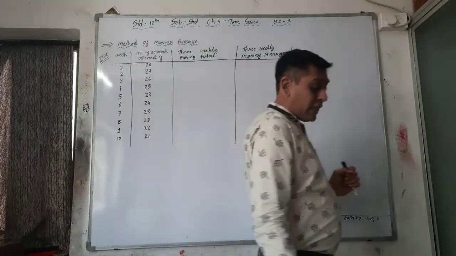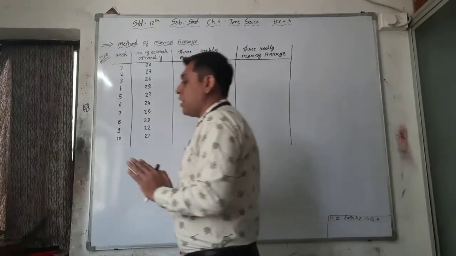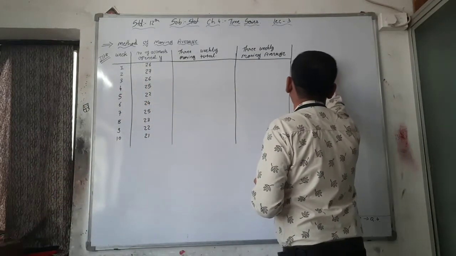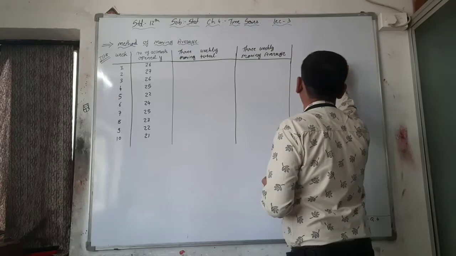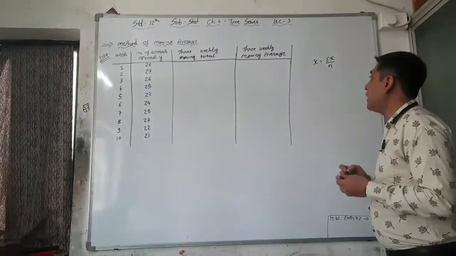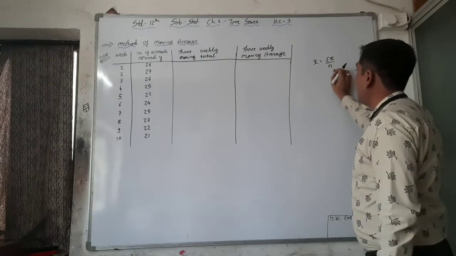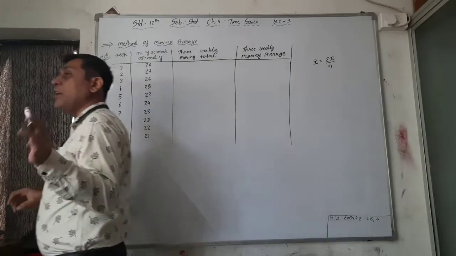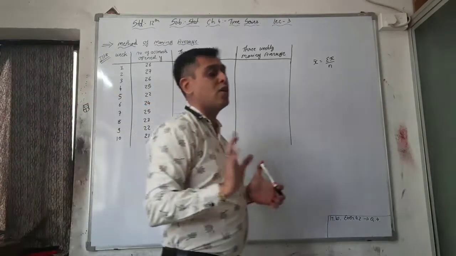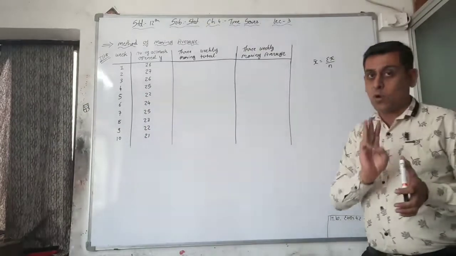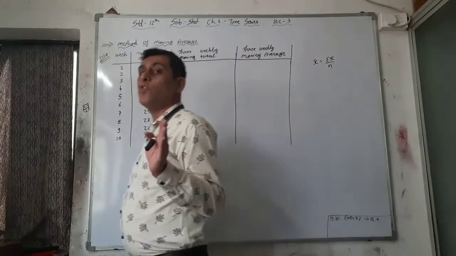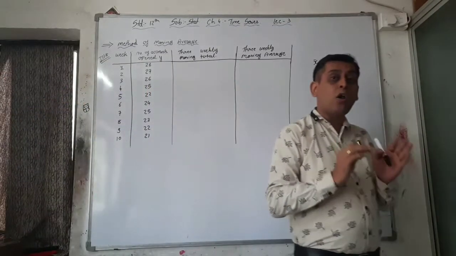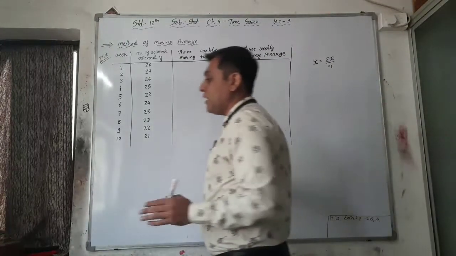Okay, see, it is a very easy method because here we have to find out just the average. That is, see here, what is your x bar? X bar is equal to sigma x upon n. What is that? Total of all observations divided by number of observations. Here it is the same method, only for 3-year moving average, 4-year moving average or 5-year moving average. That is 3 observations average, 4 observations average and 5 observations average. So it is the easiest method from all the 12th syllabus.